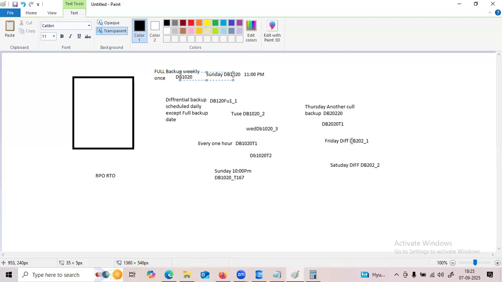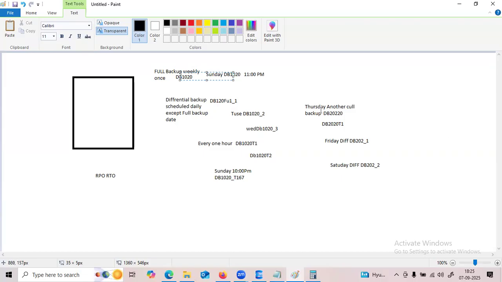But if you take a full backup in the middle, what is happening? After that full backup, the upcoming differential and log backups point to that particular manual full backup. So it is disturbing the LSN number. That is the reason the copy only backup was introduced. If you take the full backup as a copy only backup, it won't disturb our regular LSN backup chain.